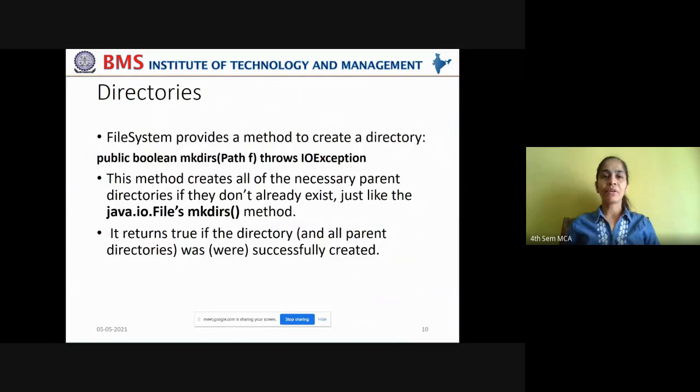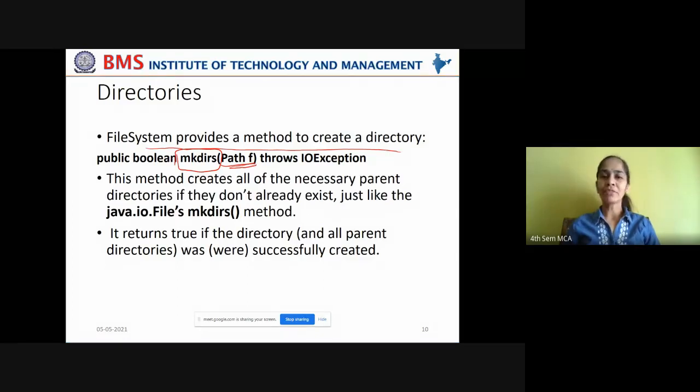Now the last topic for today's lecture is creating directories. If you want the file system to create a directory, FileSystem provides a method to create a directory by the name mkdirs. Observe this, it expects a file path as a parameter.